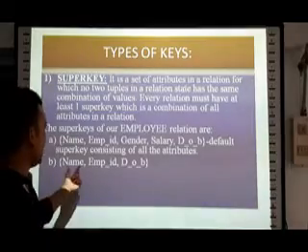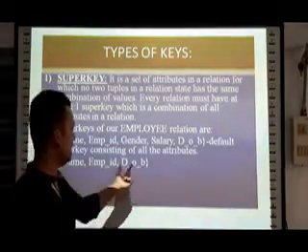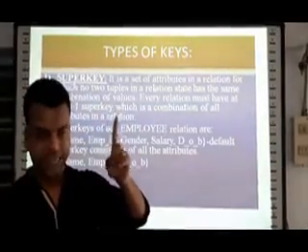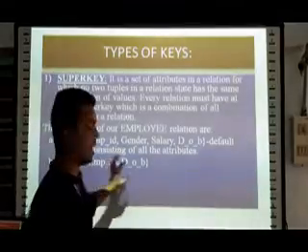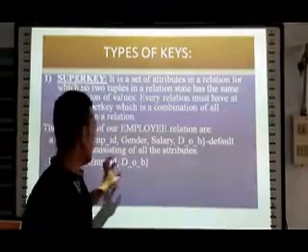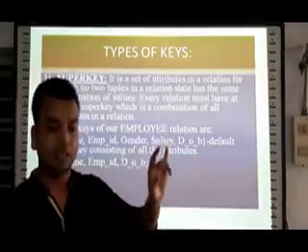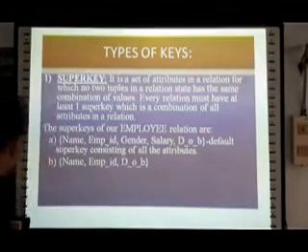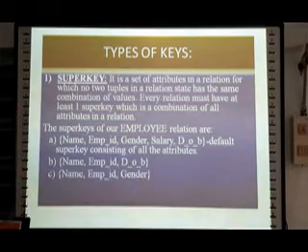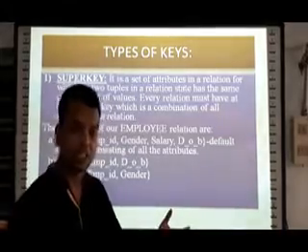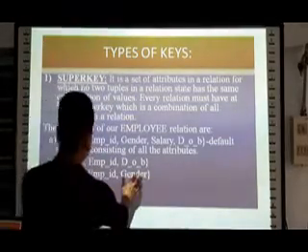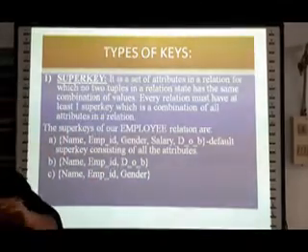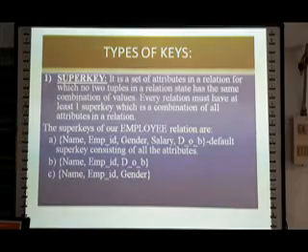Okay, now let us consider the second type of super key in our employee relation. If we select 3 attributes: name, employee ID, date of birth. Now, name and date of birth can be the same for two persons. Suppose we have inserted two tuples with name, employee ID and date of birth. Name and date of birth of both tuples can be the same, but employee ID will differ. Then the third is name, employee ID, gender. Here the same concept applies. Even if name and gender are identical, employee ID will always differ because each and every employee is allotted a separate employee ID.